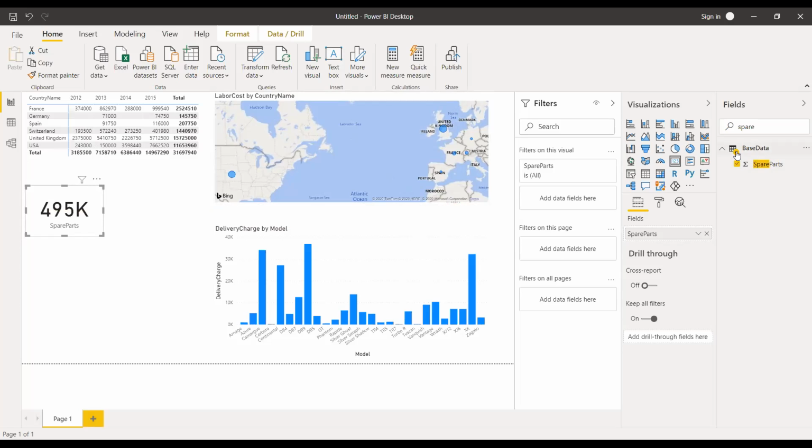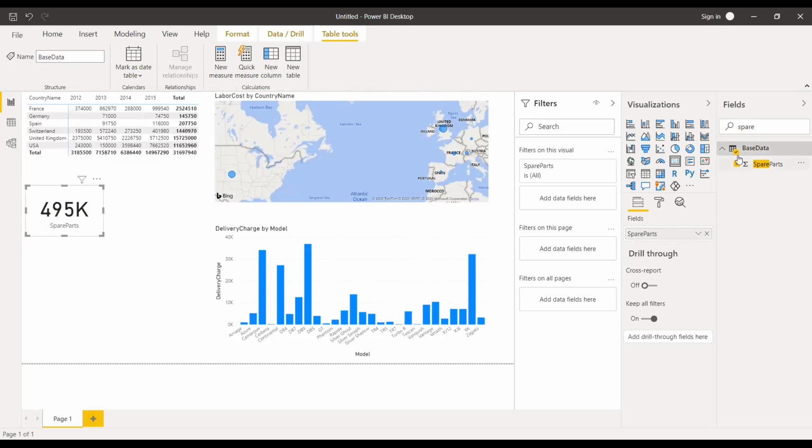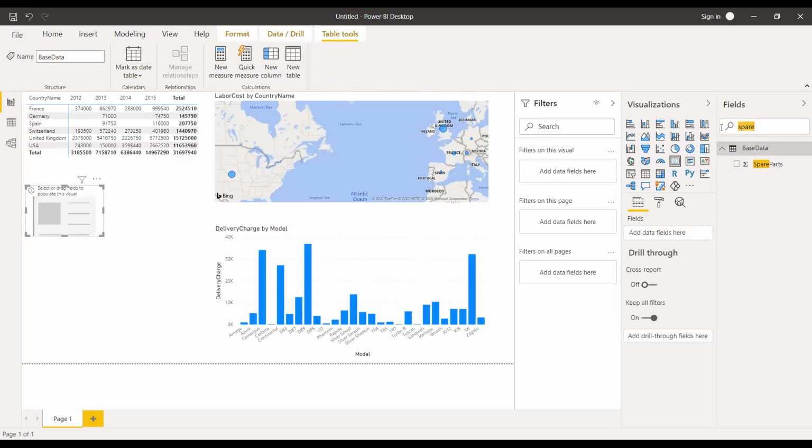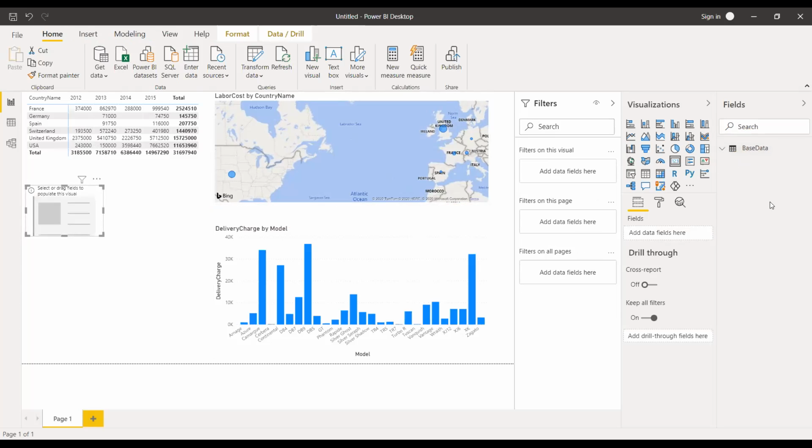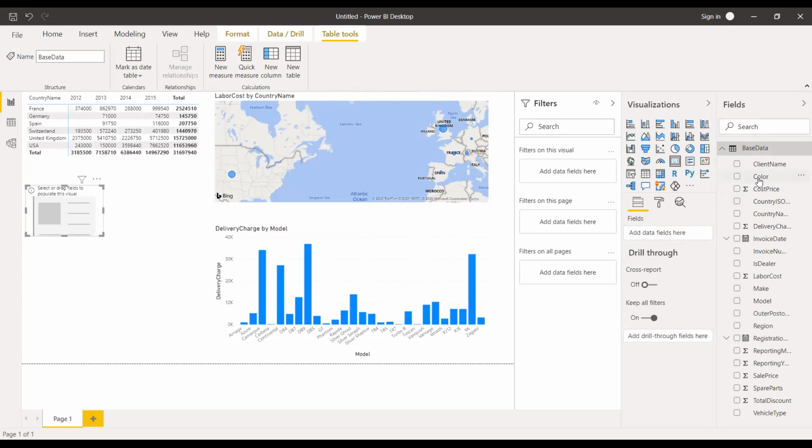So all the fields, if I unselect, all fields are there. The color is the nominal field, spare cost price is the numeric field, delivery charges is a numeric field, calendar is a date field, and labor cost is a numeric field.